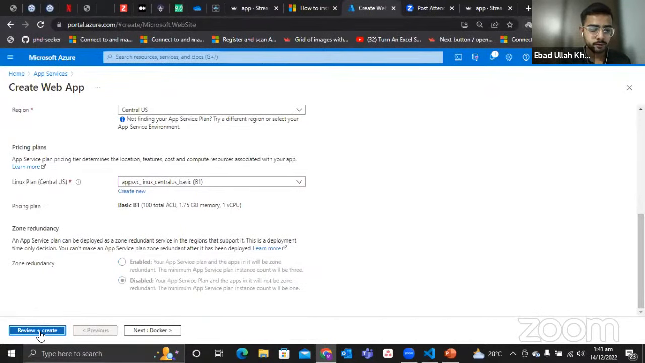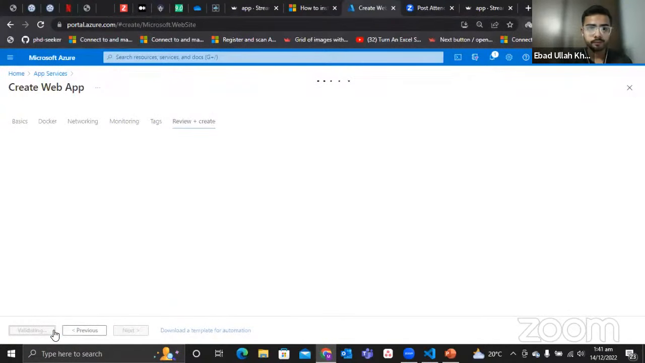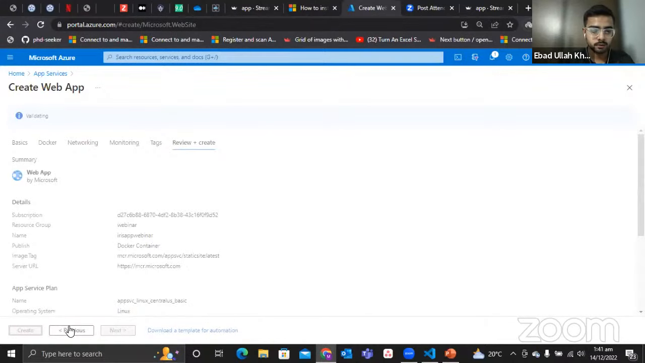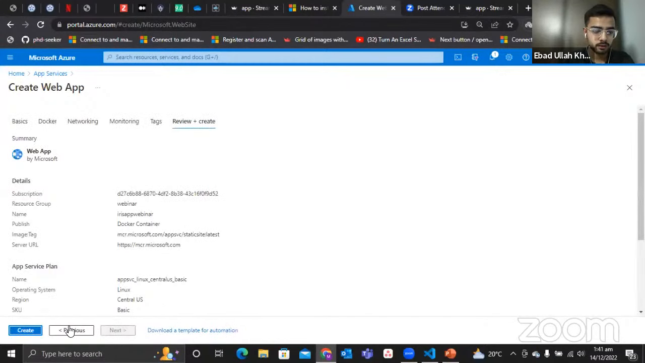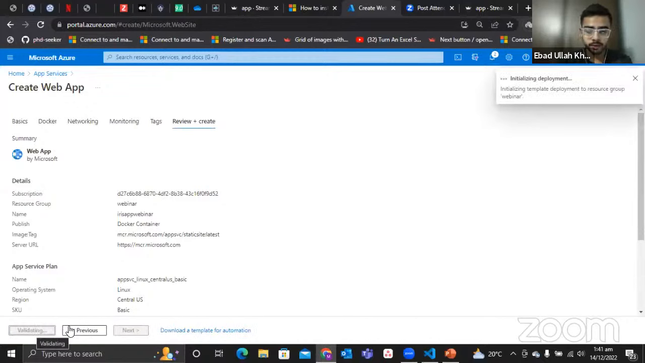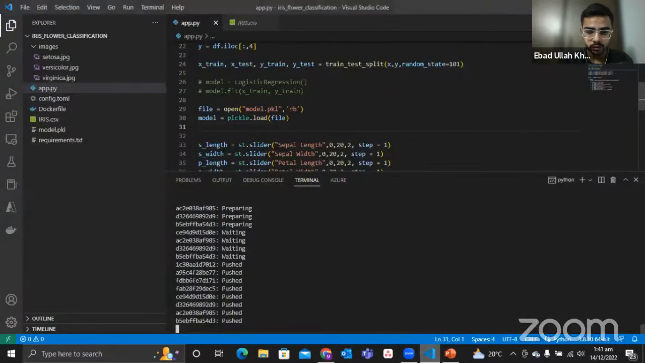So just review and create, and let's wait a few moments, and when it is validated, we can simply create it. While it is creating, let's see what the progress is. So as you can see, the Docker image is being created. I don't even have Docker open over here, as you can see. So it's completely